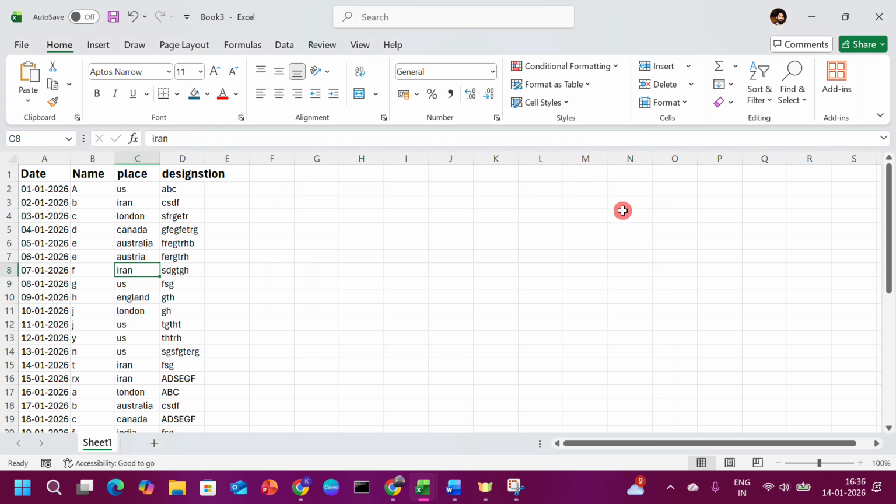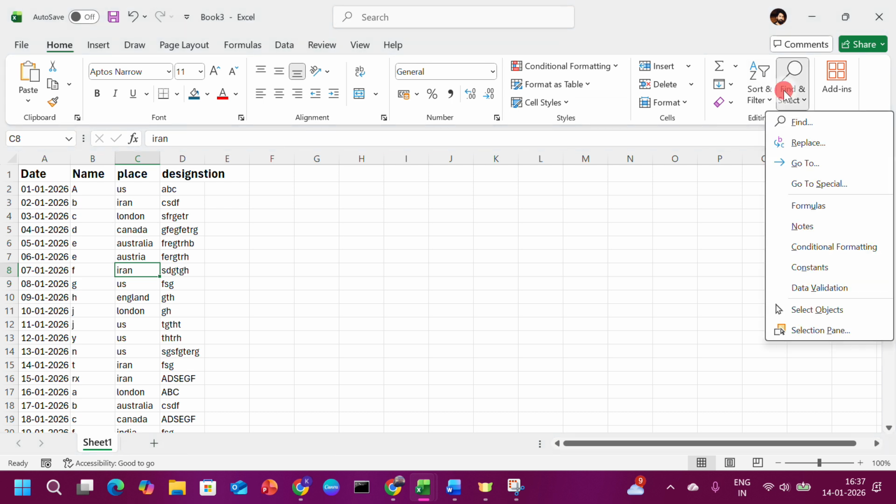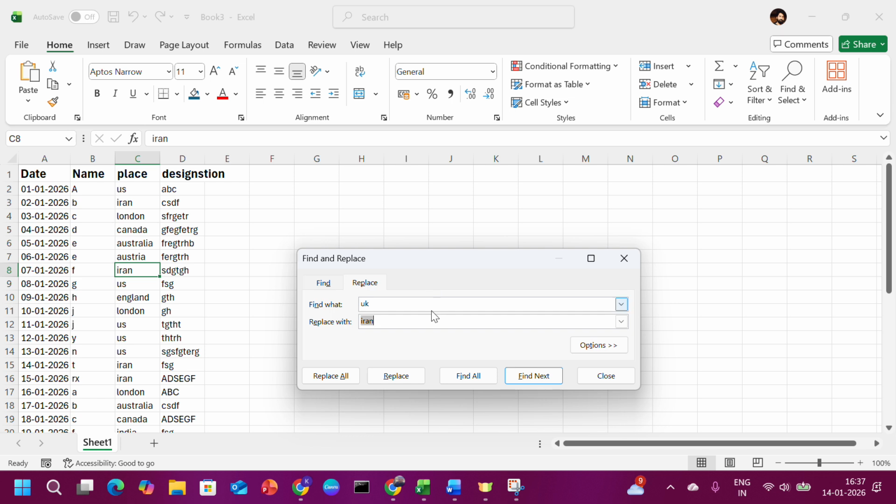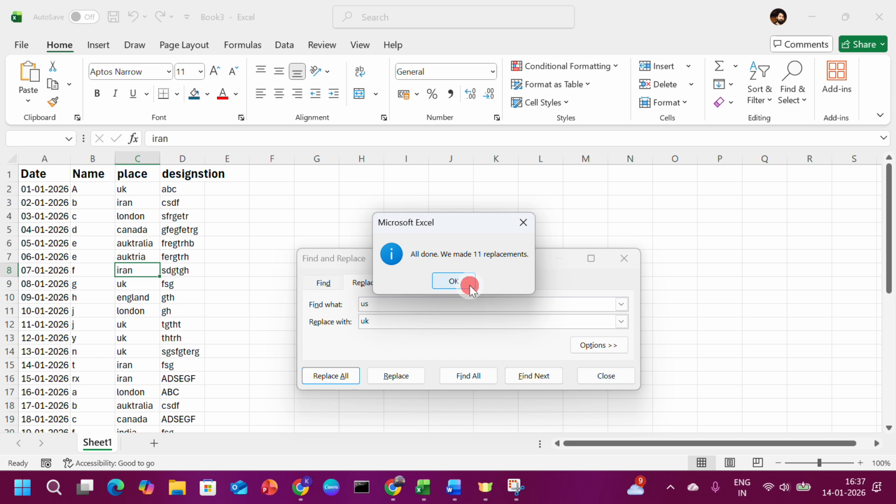Also you can change from the ribbon menu. Go to the Home tab, click Find and Select. Here you will see Find and Replace. From there you can change, like US, and replace with UK. Here you will see the first is US, ninth is US, 12th and 14th also. Click on Replace All. Here you will see,